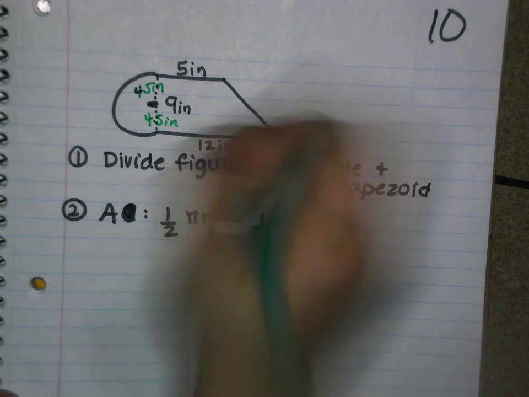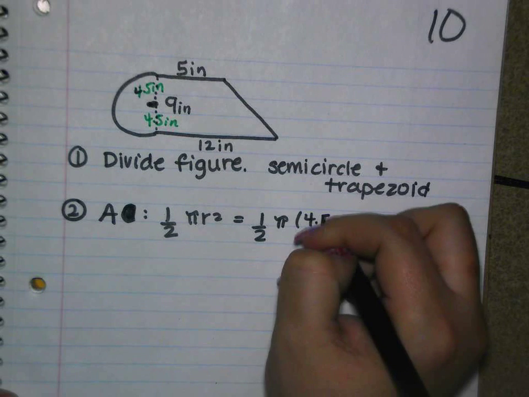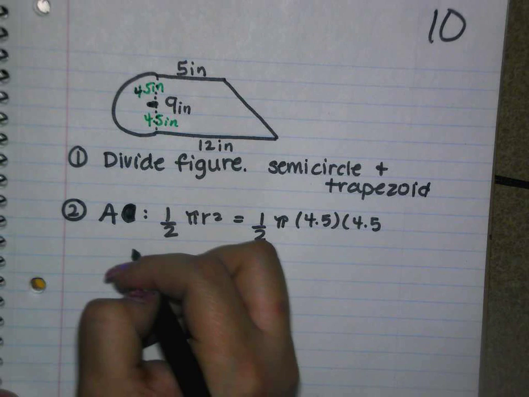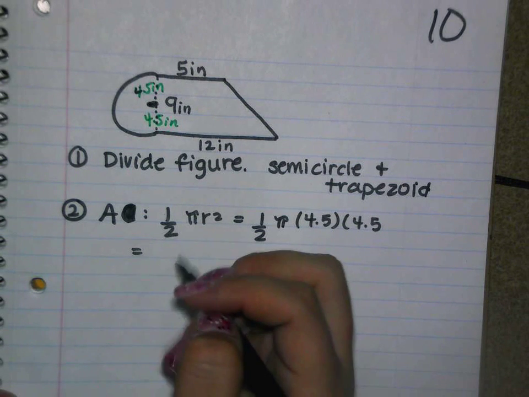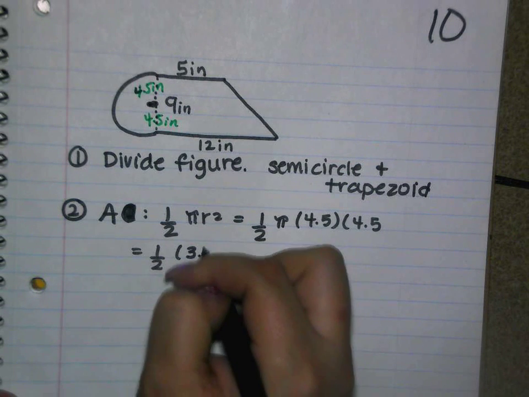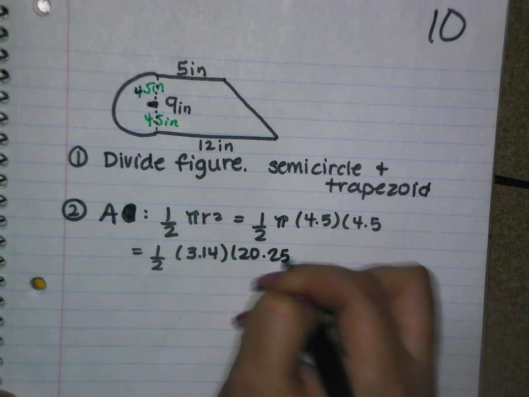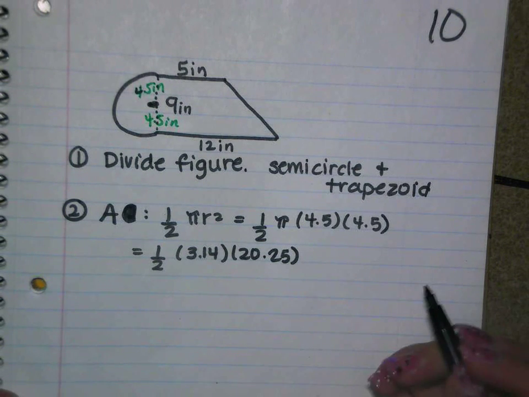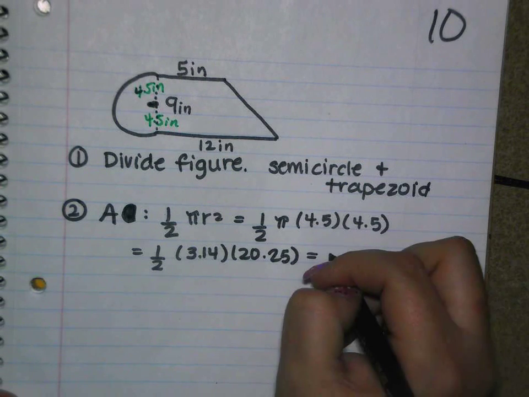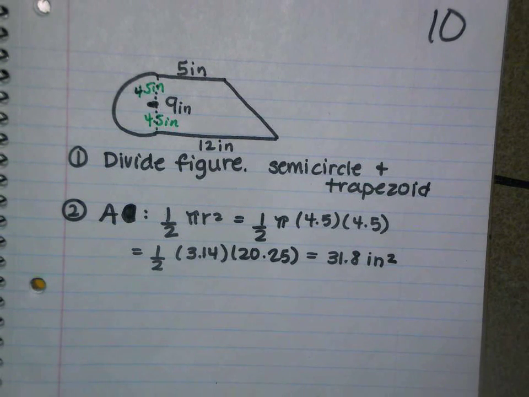radius of this circle. So we're going to have 3.14 times 4.5 squared, which is the same as saying 4.5 times 4.5. So then that will be equal to 1/2 times, let's use 3.14 for pi, times 20.25, which is 4.5 times 4.5, or 4.5 squared. And when you use your calculator and you multiply all of that out, you're going to get 31.8 inches squared. Squared because it is